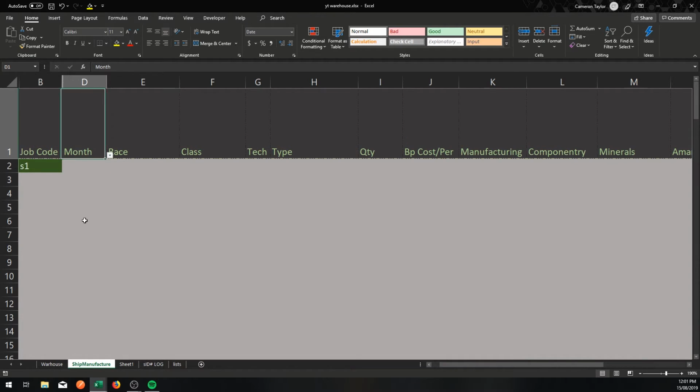And see how the job code one is no longer lighting up, all right? Because the condition has not been met. The conditions have not been met. So moving on, we are going to do something here in the month